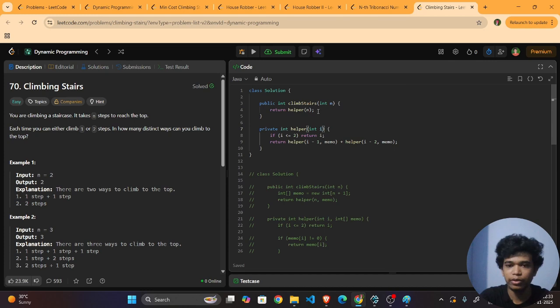Yes, here I'm going to return the helper function value. Now inside the helper function I have gotten a parameter as i. Now I'm just checking whether i is less than or equal to 2. This is the base condition. If it is 1, then I want to return 1, or if it is 2, I want to return 2. For that reason only I have put the condition as i less than or equal to 2, then return